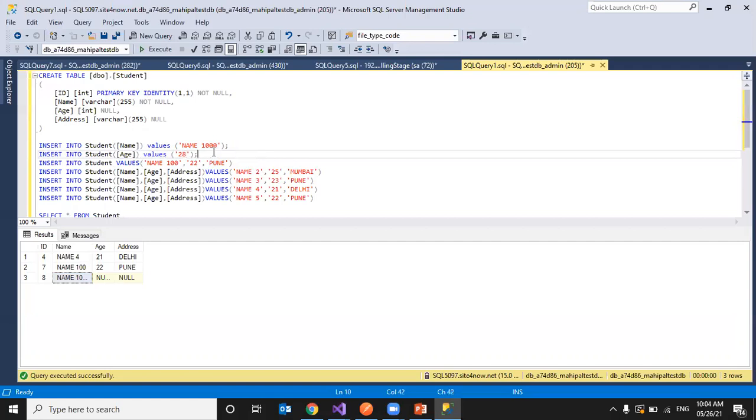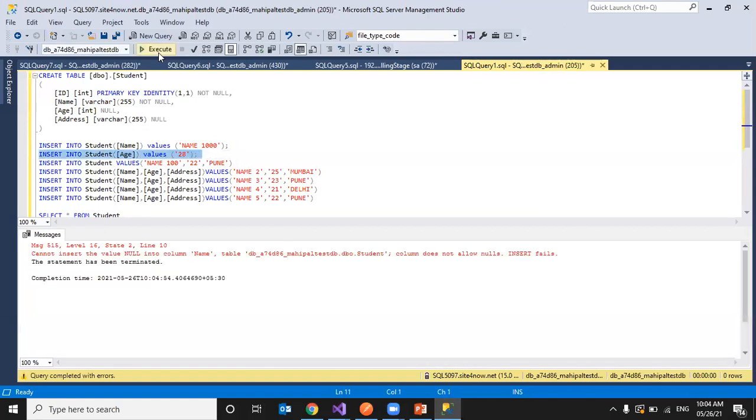So 28 is the age. I'm just inserting age. See here, cannot insert the value null into column name. Column does not allow nulls, because here we mentioned it as not null. So the name column is not null, so we cannot insert an age value without name.